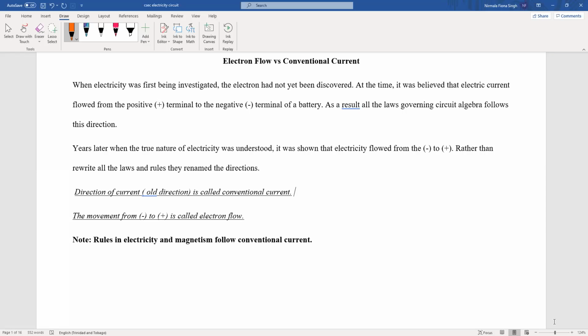Same thing here for electricity. They knew what it did, but they didn't know what it was made up of as yet. But that didn't stop them from devising rules and learning to see how it behaved in circuits and whatnot. So they came up with rules, they came up with explanations that they had at the time. So at that time, reading from the handout, it was believed that electric current flowed from the positive terminal of a battery to the negative terminal of the